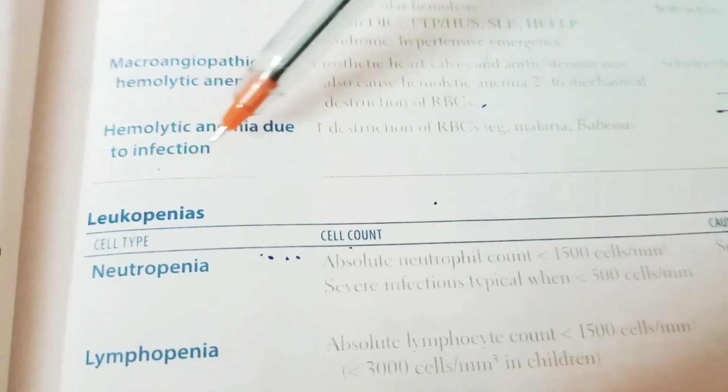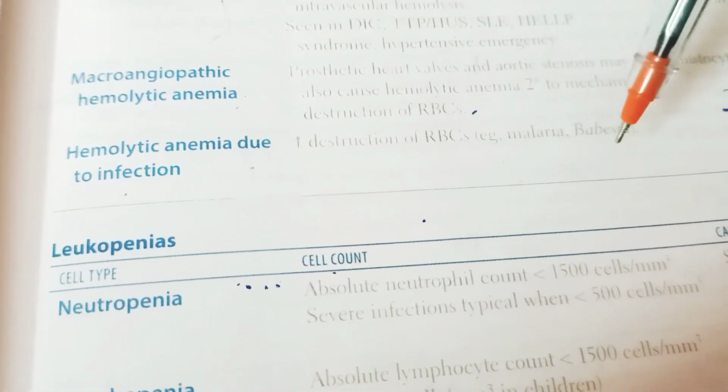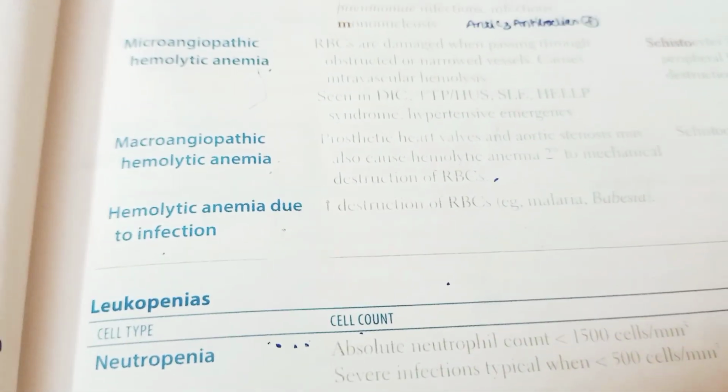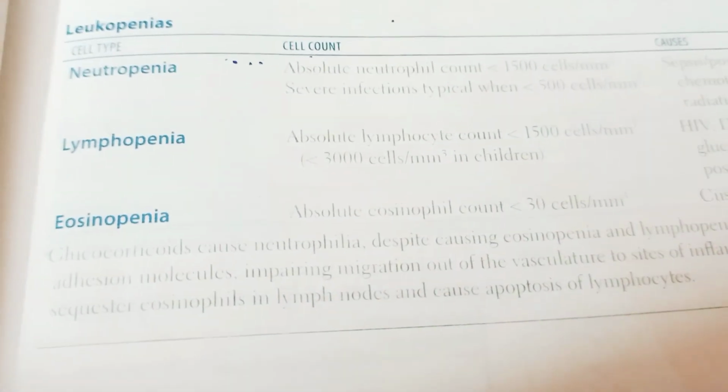Okay. Now hemolytic anemia due to infection. Because of some infections, there's increased destruction of RBCs, like malaria and babesia. This will also lead to extrinsic hemolytic anemia. Next we'll start with white cells, that is